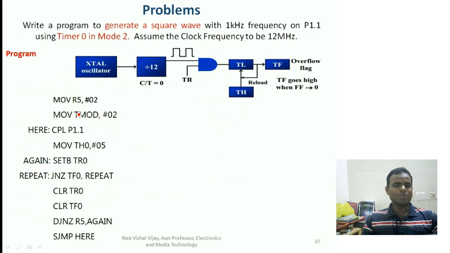The word bits to be set in TMOD register. Before that, we need to count 2 times, since we said we need to set a counter for 2 times because we need to run this timer 2 times to get the required delay. So we just initialize the register with the number 2. Then we'll complement, of course, port 1.1 so that we'll keep on inverting the values high and low to get the square wave.